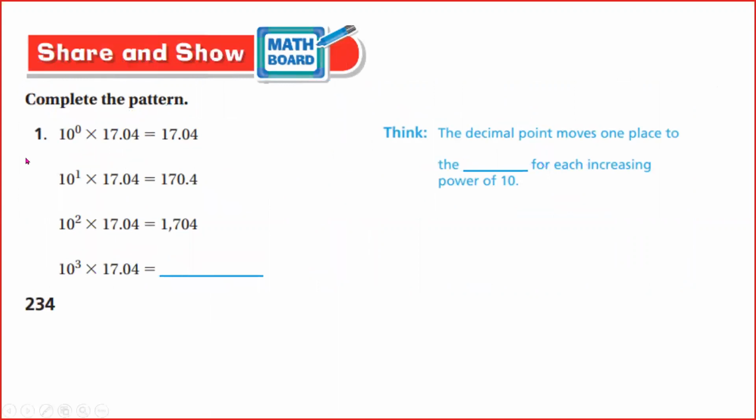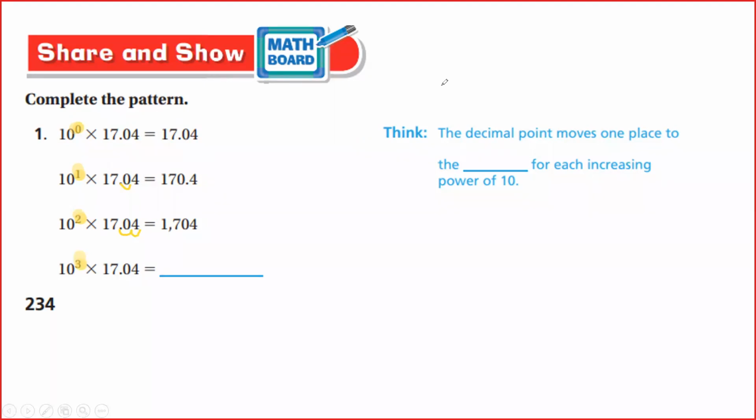Now, here, 10 to the power of 0. What does it mean? As I told you before, it means I didn't move the decimal point. If I have the number 1, how many digits will I move it? Only 1 digit. If I have the power of 2, I have to move it 2 digits. If I have it as a power of 3, it will be